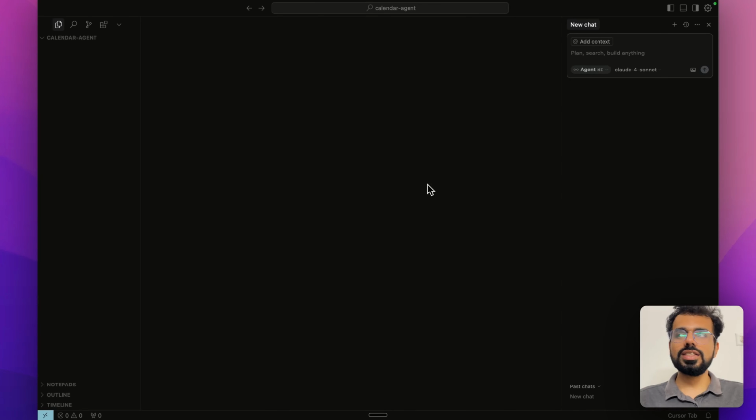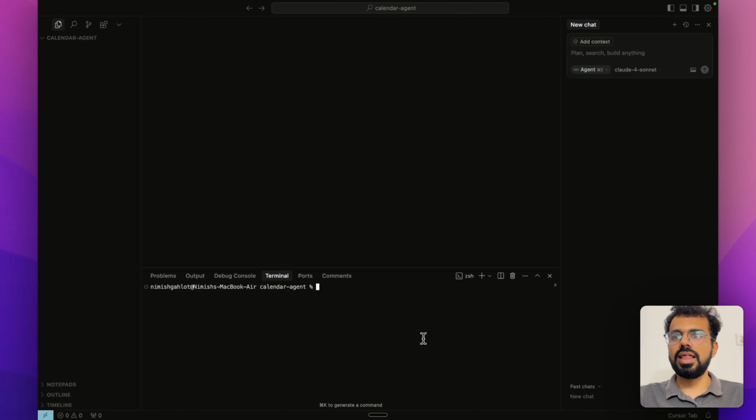And when I open this, on the left, you will be seeing all the files within this repository. Right now, this is blank, so there is nothing. On the right, you will see the agent through which you would be making changes within your code. This is basically a chatbot that has access to all the code within your files. And if you click on the toggle over here, then you will see a terminal on the bottom. This is basically a way of communicating with your code. I will quickly create a new Next.js project over here.